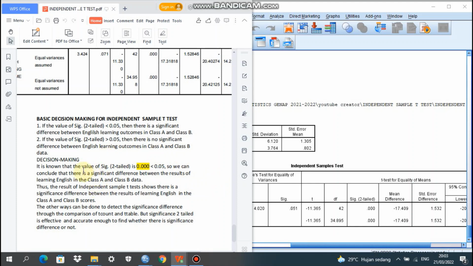So we can draw a conclusion. It is known that the value of significance is 0.000, which is less than 0.05.